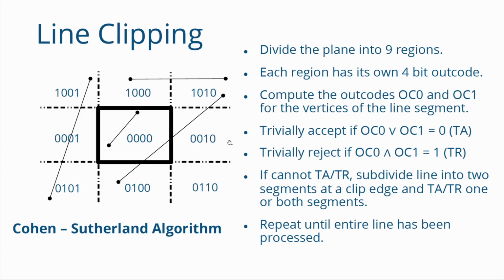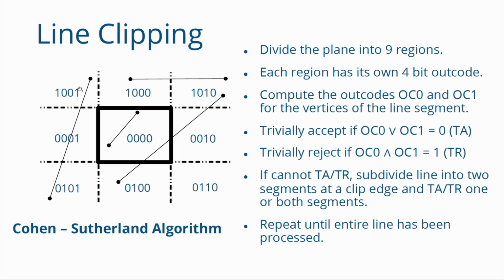One of the very common algorithms to do this is the Cohen-Sutherland algorithm. And this is a very nice algorithm. It works reasonably fast. What you do in this algorithm is that given a rectangular window, you extend its edges, the top edge, the bottom edge, the right edge and the left edge, and that gives you these 9 regions in and around the window, and to each one of these regions you assign what are known as outcodes.